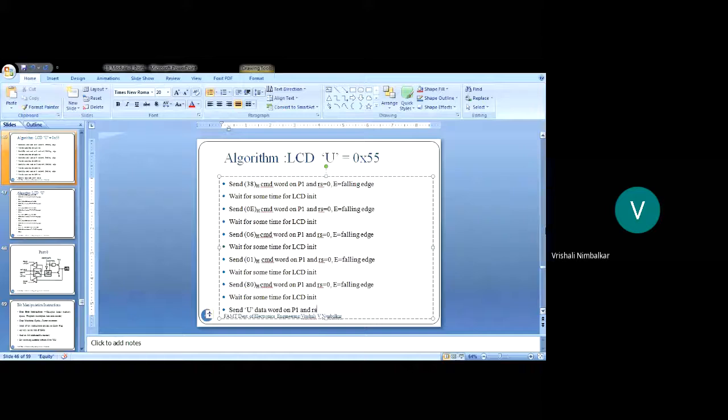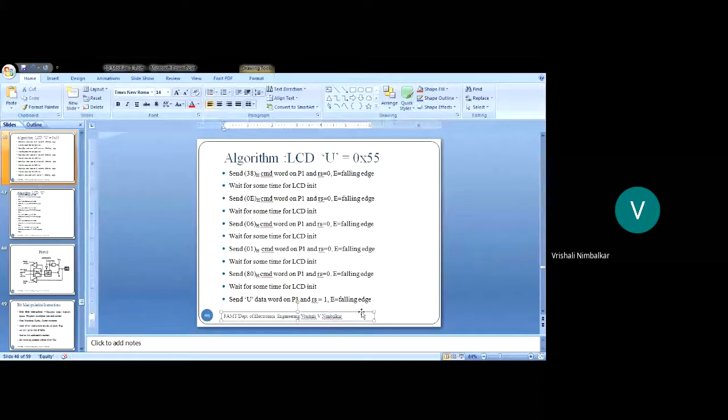RS should be made 1, indicating it's a data now. And what should you do with the enable signal? Microcontroller is writing the data, so there should be a falling edge on enable. Hope you all are getting me. Did you all get this?